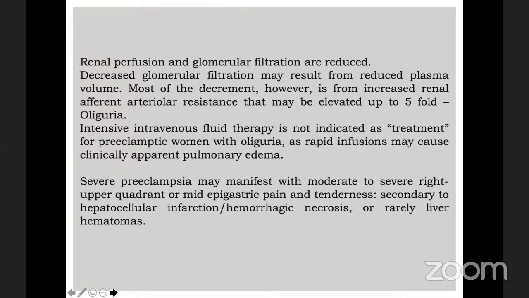Renal perfusion and glomerular filtration are reduced. Decreased glomerular filtration may result from reduced plasma volume. Most of the decrement, however, stems from increased renal afferent arteriolar resistance that may be elevated up to fivefold, causing oliguria. Intensive intravenous fluid therapy is not indicated as treatment for preeclamptic women with oliguria, as rapid infusions may cause clinically